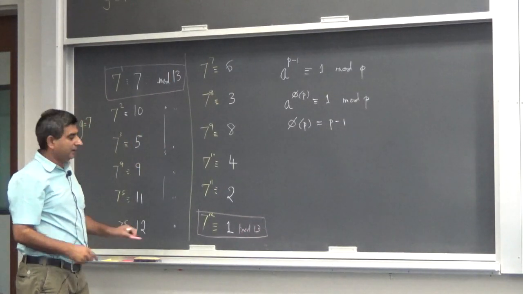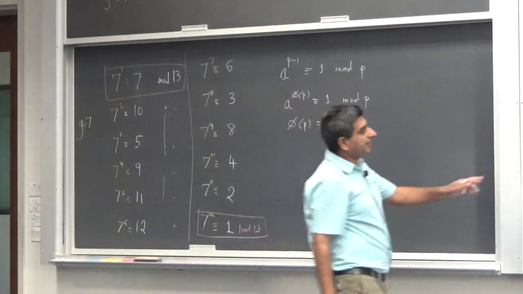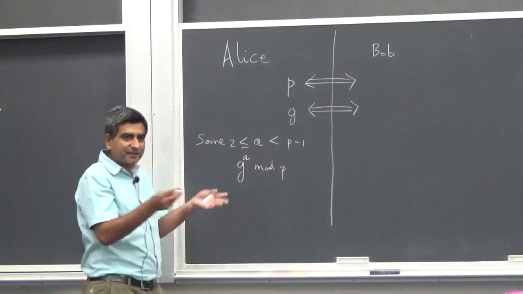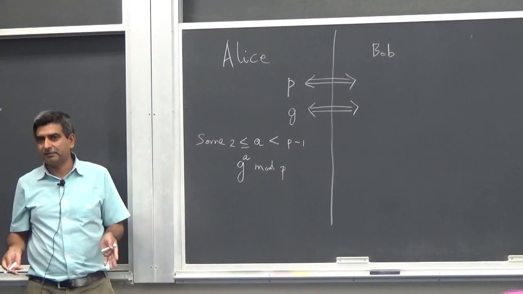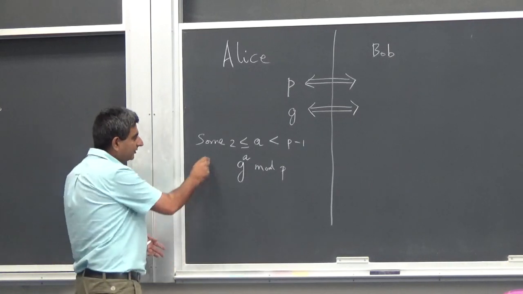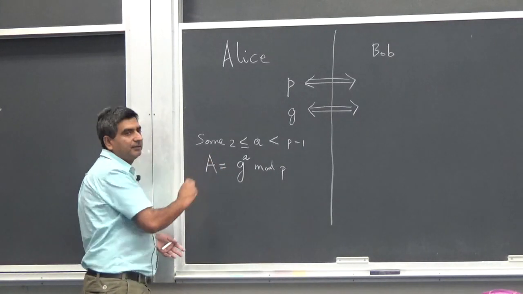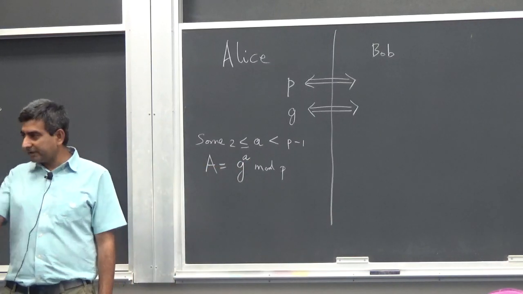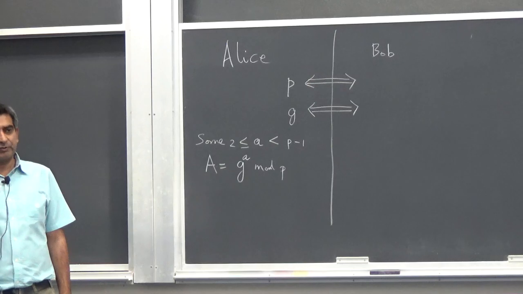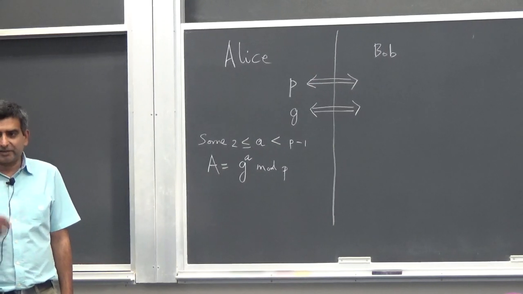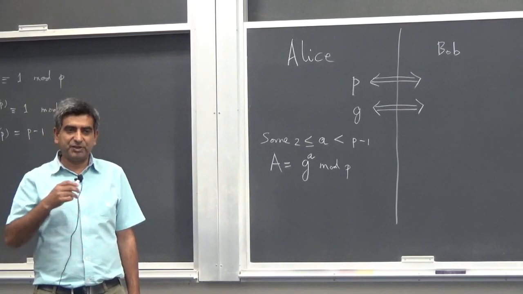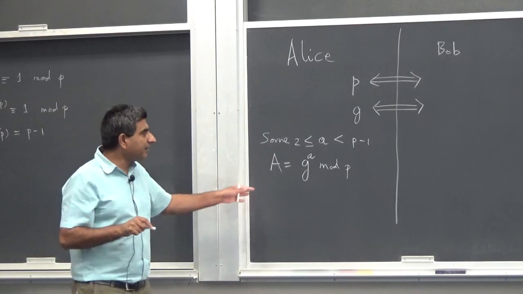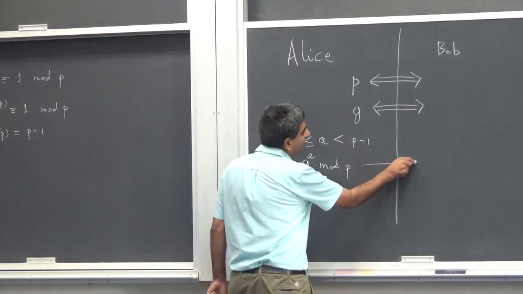Okay? So Alice chooses some a in this range and creates this number. Let's call this number capital A. But small a is a secret with Alice. She doesn't share it with the outside world. She keeps it to herself. It's in her private custody. But G is known to everyone, P is known to everyone. And capital A is then shared with Bob